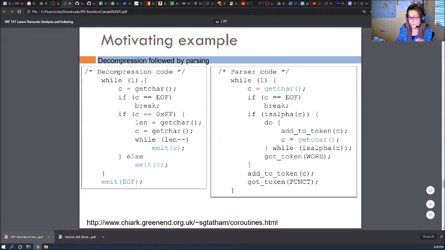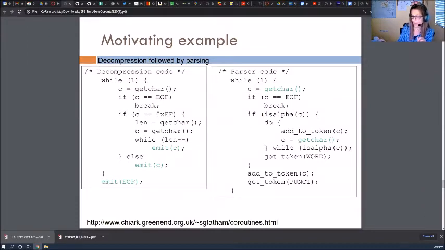So this is the kind of logic that we want. There's a part of the code that decompresses the character, and there's another part of the code that checks if it's an alphanumeric. So it gets many characters, checks if it's an alphanumeric, and then when it gets a non-alphanumeric or whatever, it emits a token punctuation and then a token word.